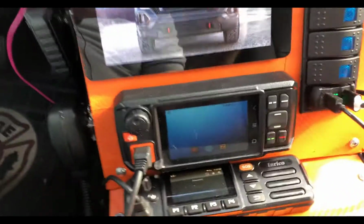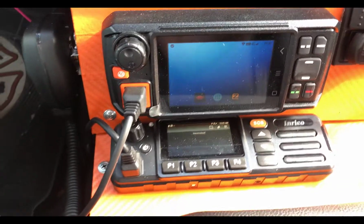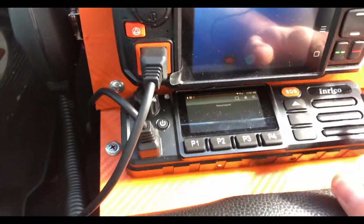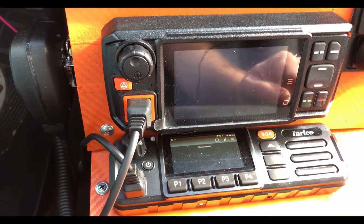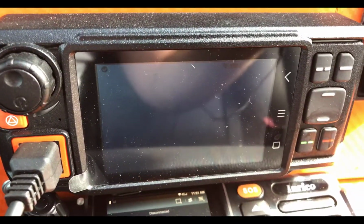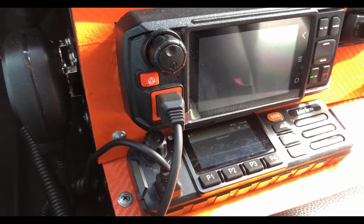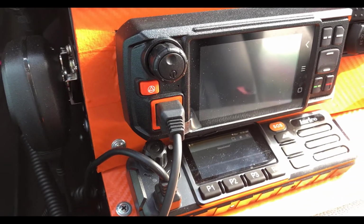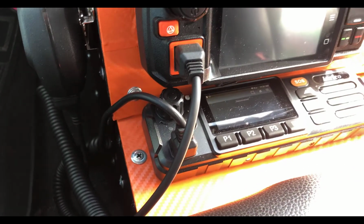But here is the N60 and the Enrico TM7 Pro or Plus. This guy's 4G, works on LTE. Both of them are 4G LTE actually. But if you can see, the 2-inch screen versus a 4.5-inch screen, it works out a lot better. Those are the two radios that I've kept in stock. The Enrico is nice if you've got a smaller form factor you need to install the radio into, but